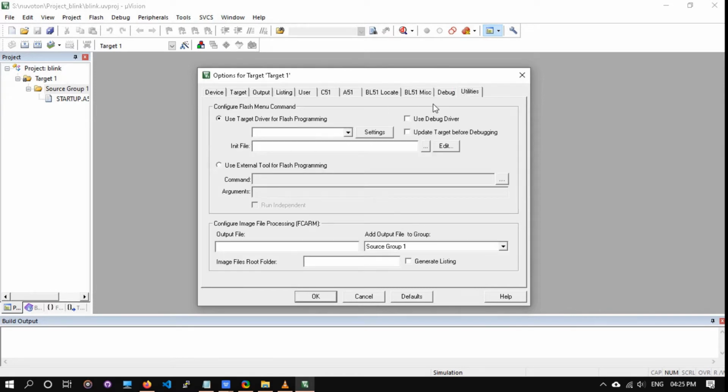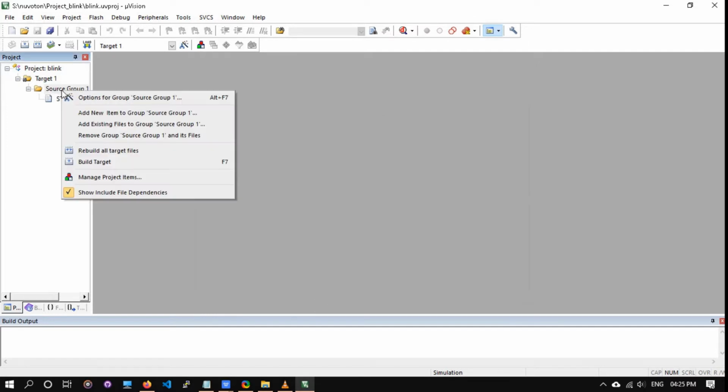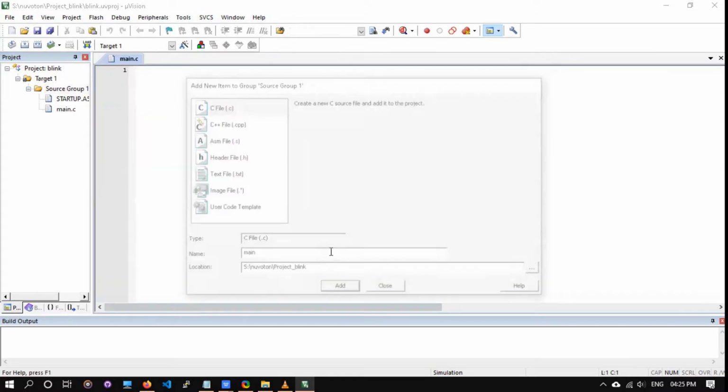Then use the target device for programming. I use Nuvoton driver. Then click OK. Then add a C file. After that, save all.